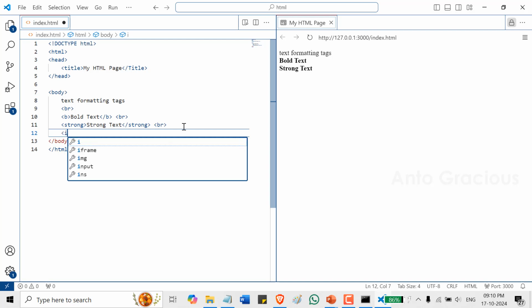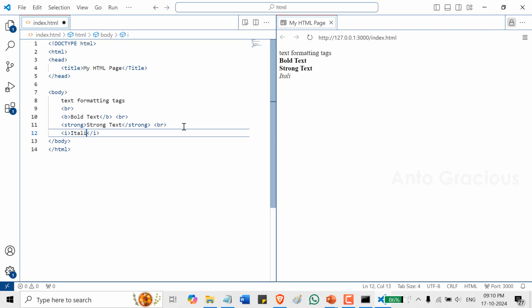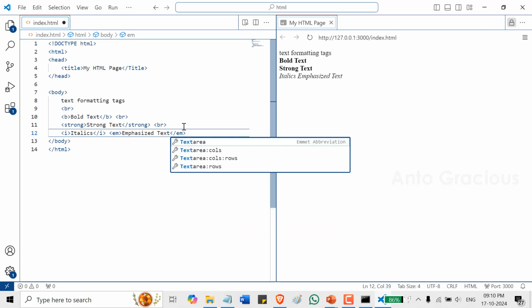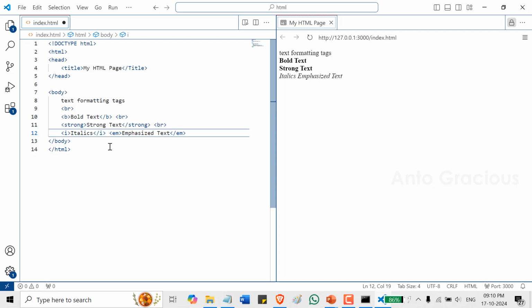Okay, and then italics. Okay, for that you can use i, and similarly for showing the emphasized text you can use em, emphasized text. Okay, so more or less it is similar to that of your italics. Okay, right. So that's the case. So bold, italics. Then you can see